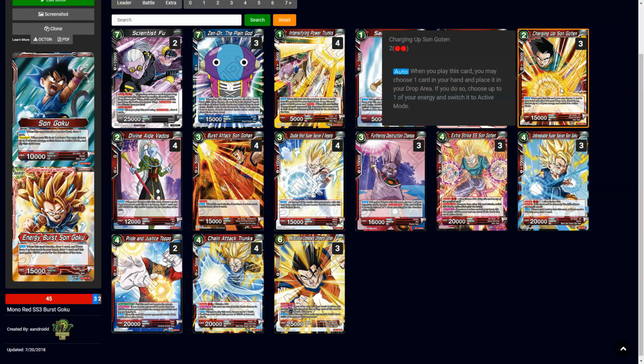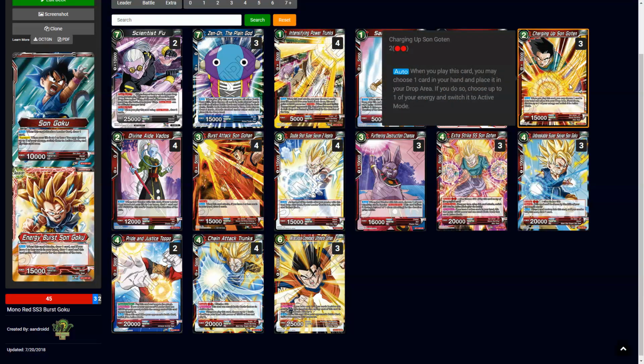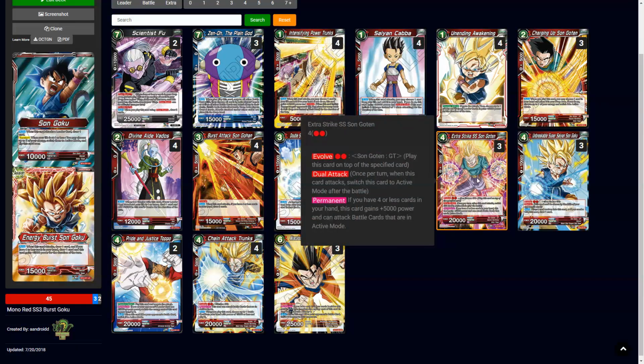So now you have a 2k, 15k with 1 extra energy and the potential to use your awakened effect. And then I'll just skip over here. He actually evolves with this guy for 2 energy, which is actually pretty nifty. 1 energy would be even more busted, but he has a 4-drop for 20k, and now he actually has dual